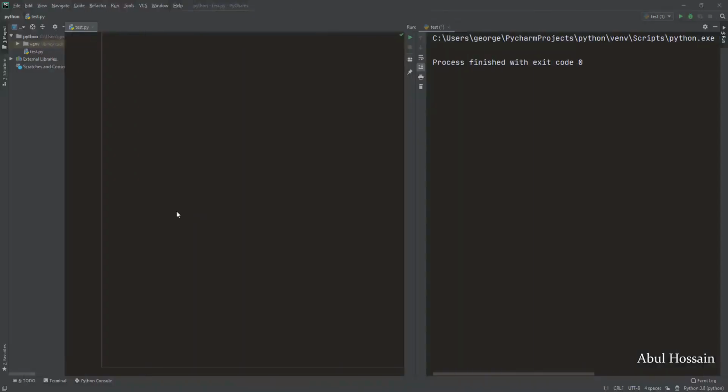Hi there, welcome back. So in this lecture, we're gonna learn about the array module of Python. The array module allows us to store a collection of numeric values. To create an array of numeric values, we need to import the array module in our IDE. So without any further ado, I'm just gonna jump into my IDE and show you how to import